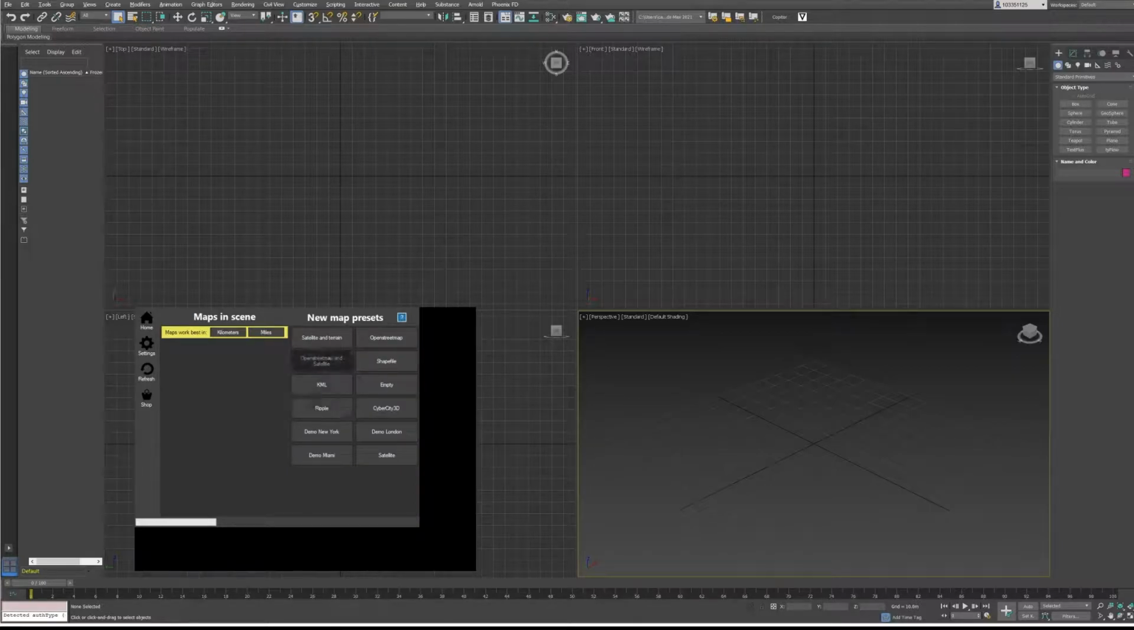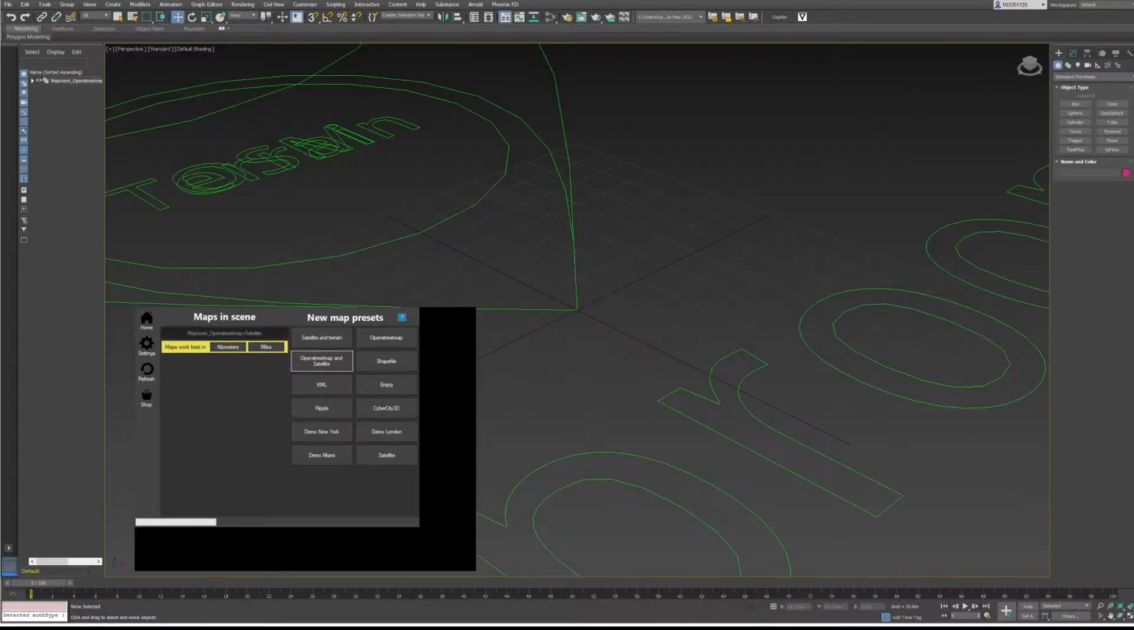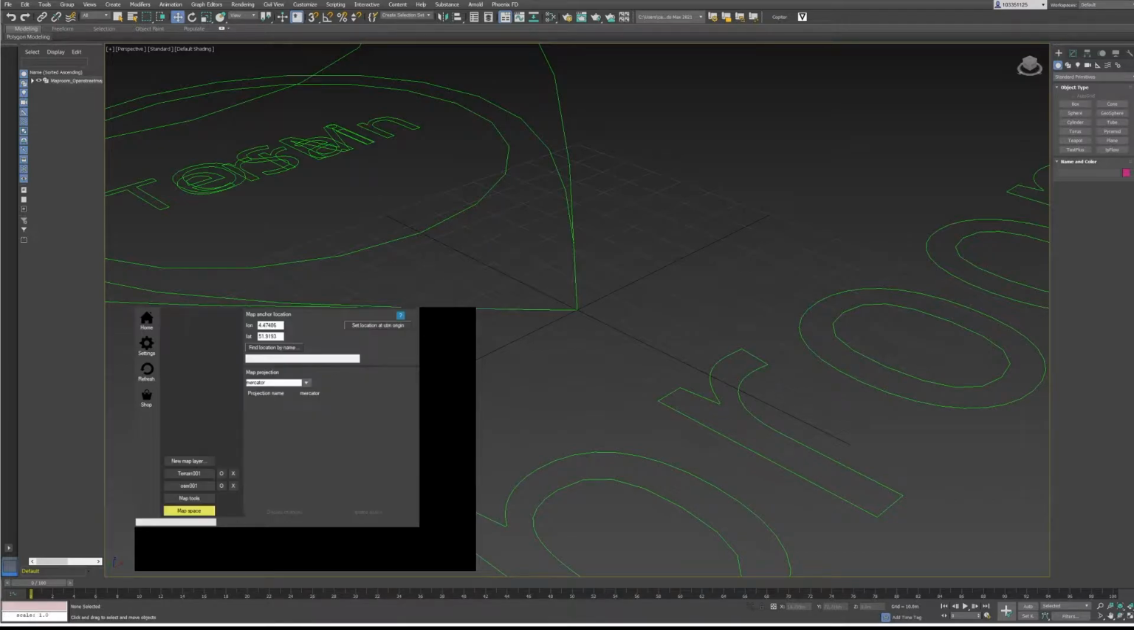So once we have our Maproom window in the scene, you start by going OpenStreetMap and Satellite. Select that. That puts a placeholder for Maproom. Now that we've got OpenStreetMap and Satellite selected, you'll see a new icon under Maps in Scene. If we click on that, we get a new window where we can set the latitude and longitude of a